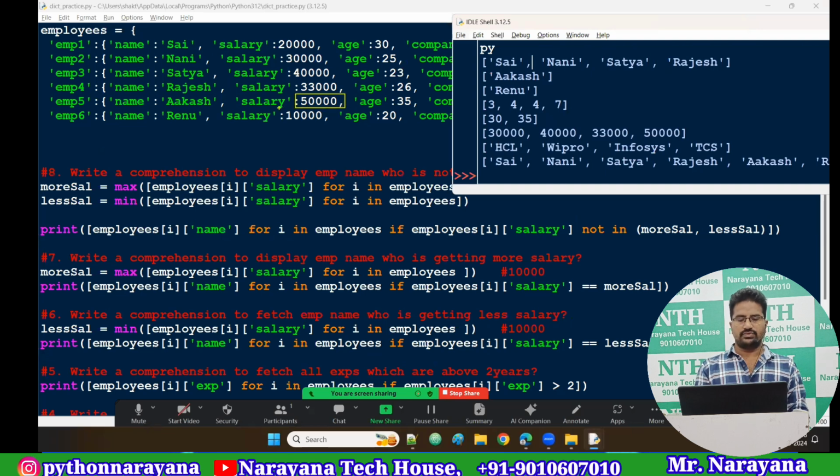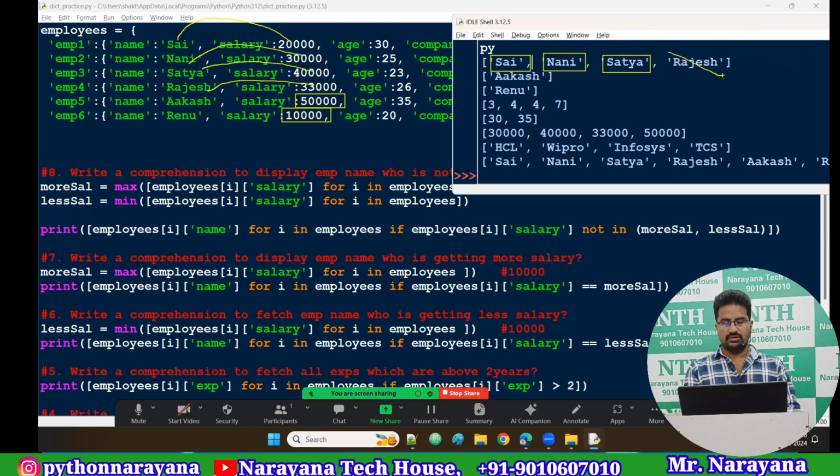And the least salary is 10,000, that is Renu. And the remaining people: 20,000, who is that one? Sai. So first Sai is coming, and 20,000, who is that one? Nani. So Nani is coming here, second one Nani. And then 40,000 Satya, Satya is coming here, and then 33,000 Rajesh also coming here, okay.